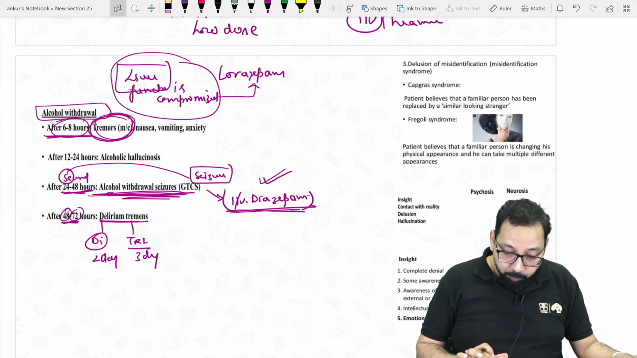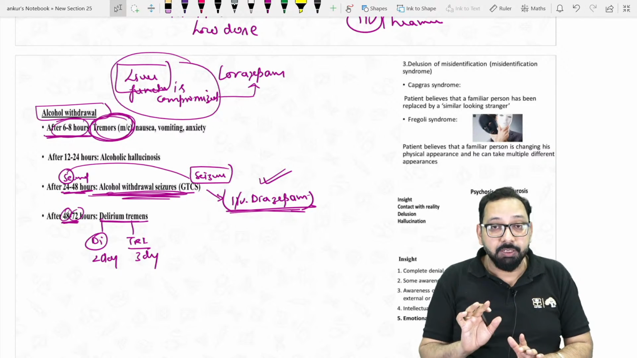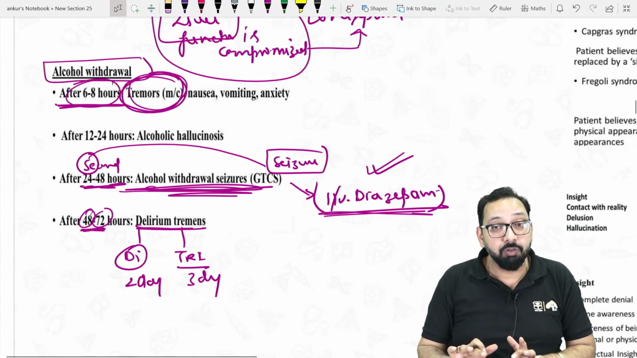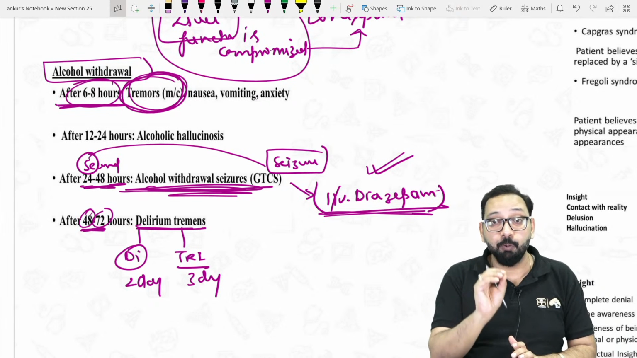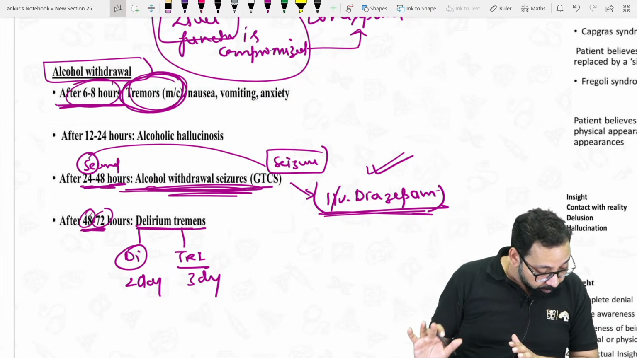No valproate. Valproate is not actually in the guidelines. Why we don't give anti-epileptic in alcohol withdrawal seizure: if you start anti-epileptic, nobody is going to stop these anti-epileptics. This patient will, okay,